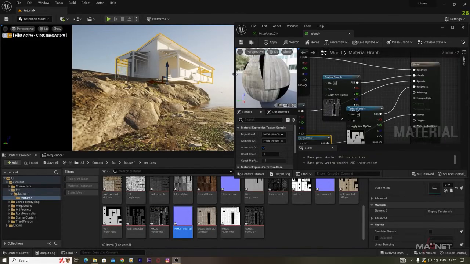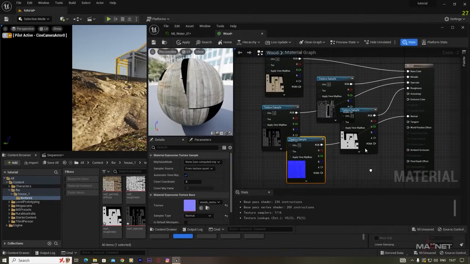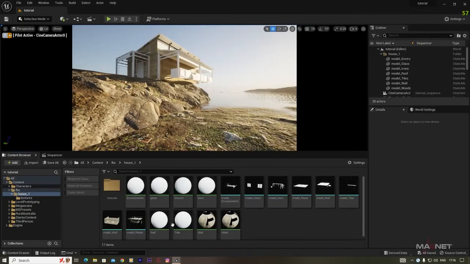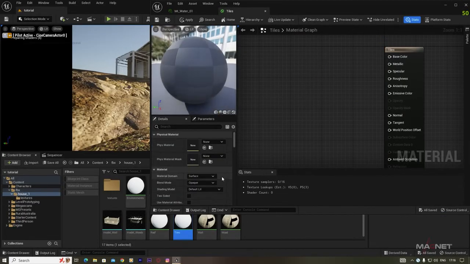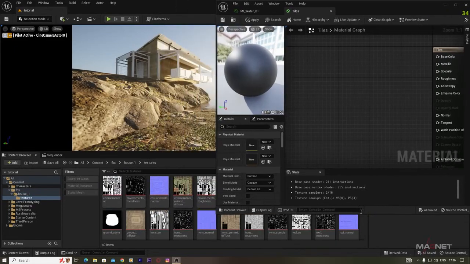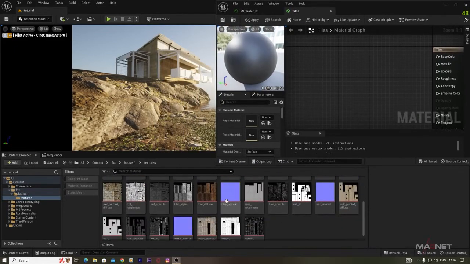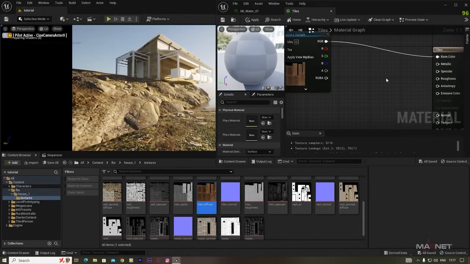If you do not see the levels, you can increase the area here to visualize all of this, and then we save this. And then we go to this tiles and delete this one, then go to this texture folder and we search for the tiles. So here is the tiles diffuse, so we just put it over here, connected with this base color here, make a little room,